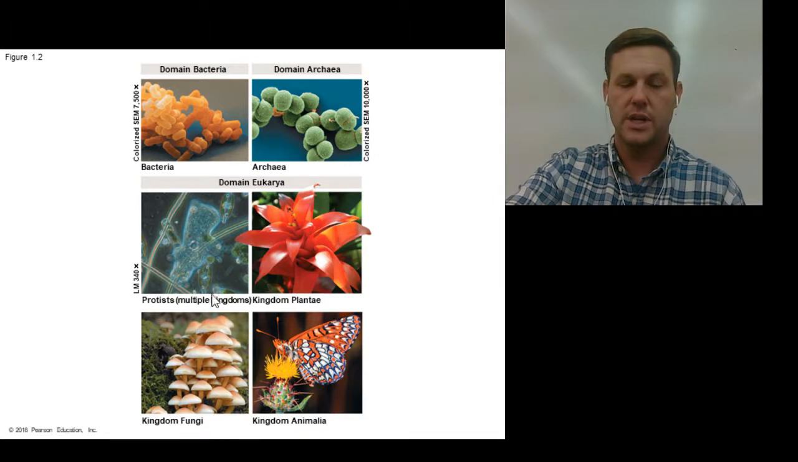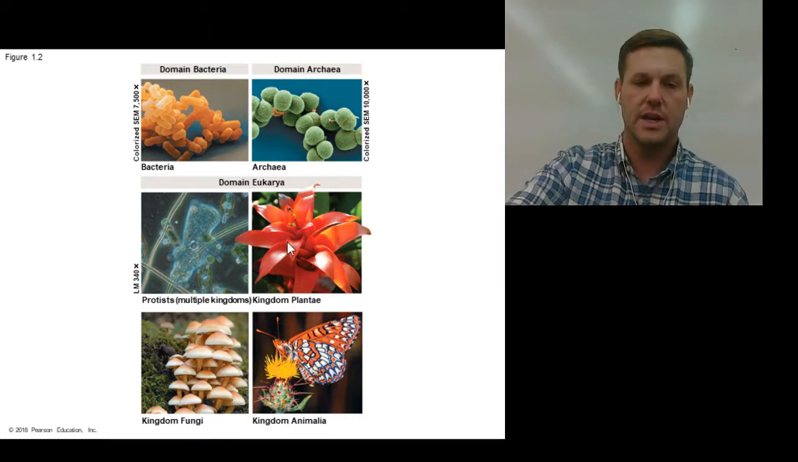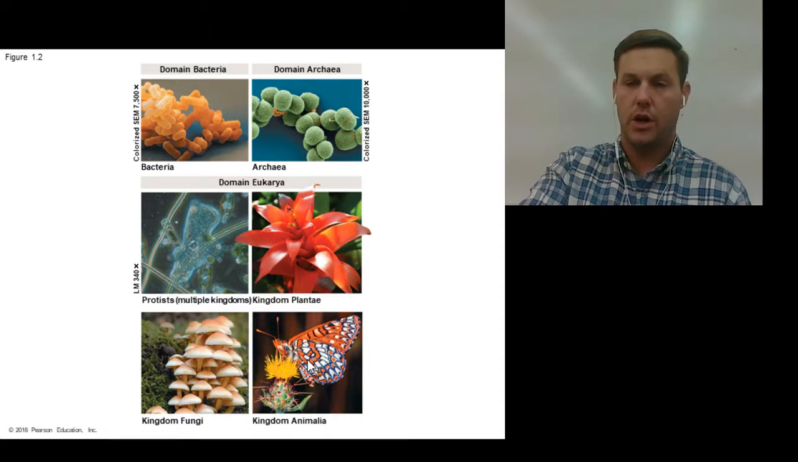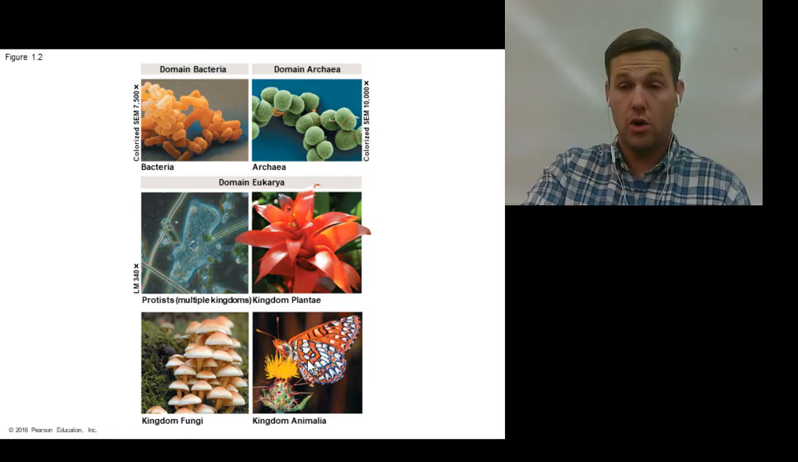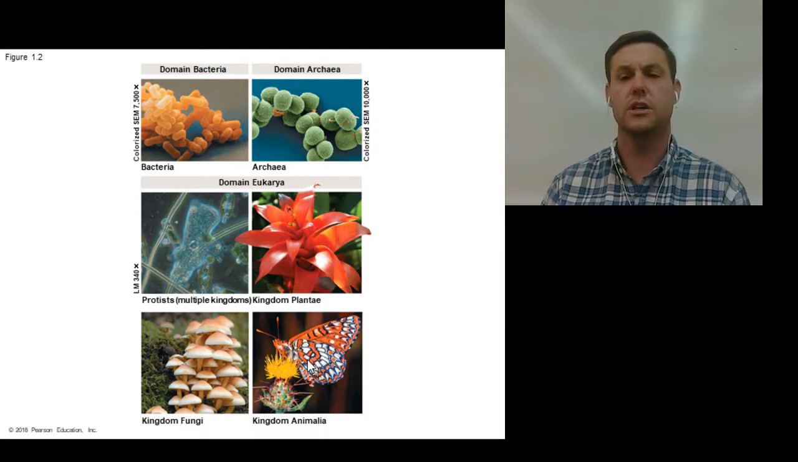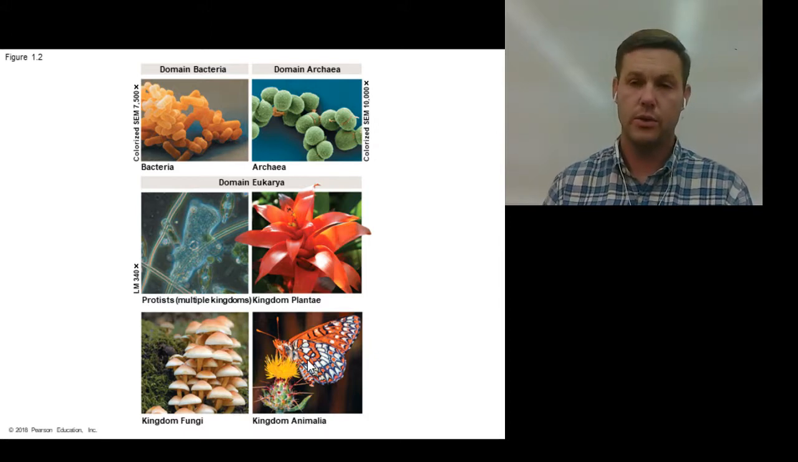Now that's multiple kingdoms, so protists go in a lot of ways. There's plantae, fungi, and animalia. So all species, again, all species within all of these domains all carry these properties of life. Okay, so as you're thinking about those, as you're thinking about biology, you're thinking about the unity and the diversity